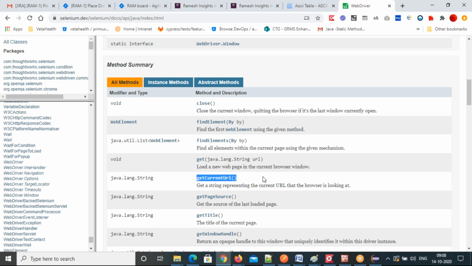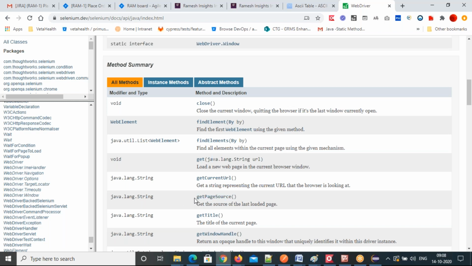To open a URL in the empty browser, say I want to open Facebook, I call the get method and mention my URL in double quotes, like http://www.facebook.com or https://google.com. This get method will open the given URL in that browser.